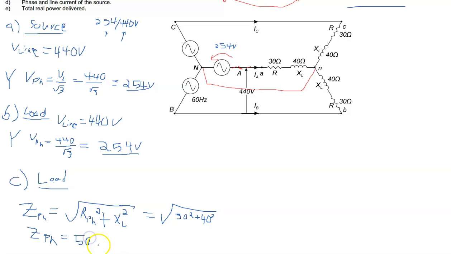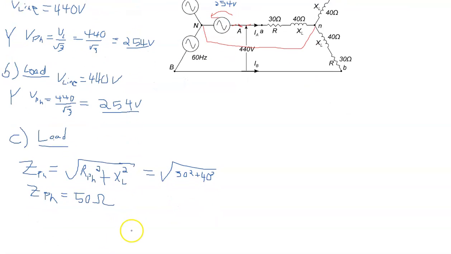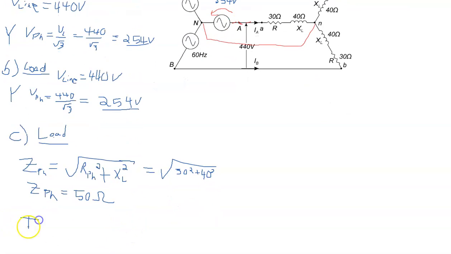is equal to 50 ohms. And so now if you got Z phase and V phase, of course it's I phase that you're calculating. And so I phase in the load is equal to V phase in the load divided by Z phase in the load. And now your biggest issue is, did you remember to calculate Z phase instead of using just R? And so, remember now we're moving into the AC world, and the impedance of the circuit is the number that fits in Ohm's law. And so you got to calculate the impedance before you can find the current. And so here, remember now,